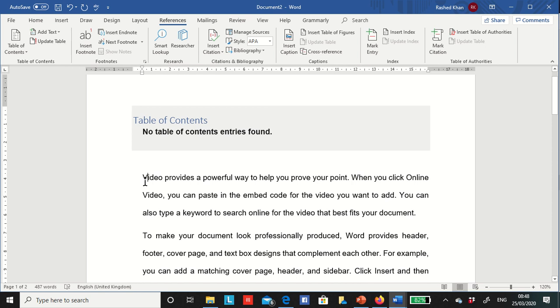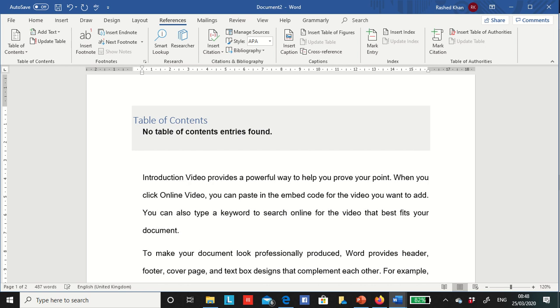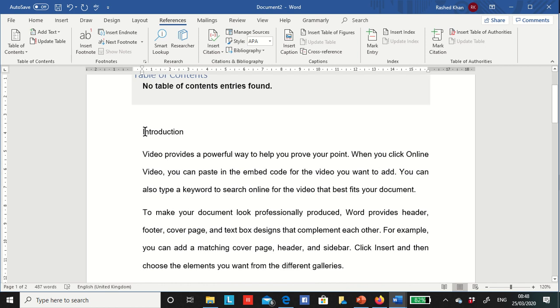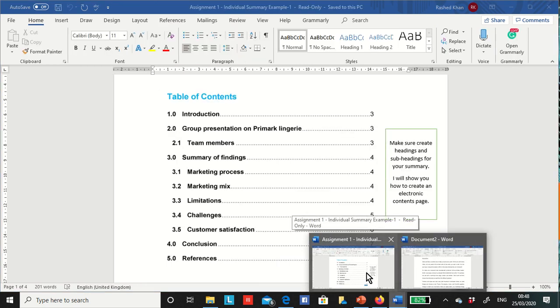Now I'll make the heading of this paragraph, which will be introduction. Then the second paragraph is group presentation on primer.